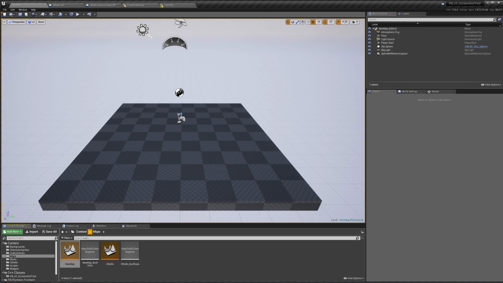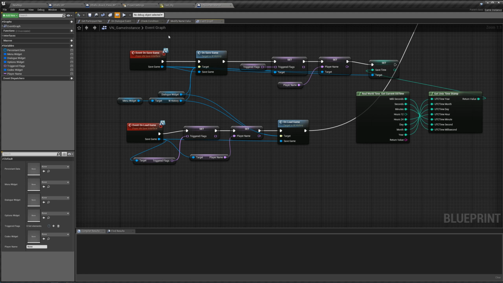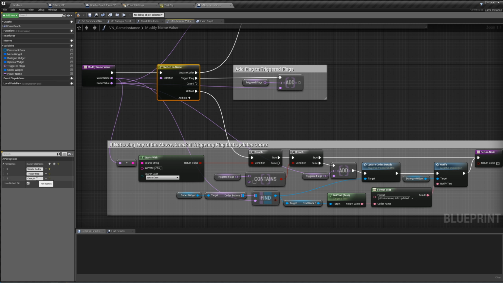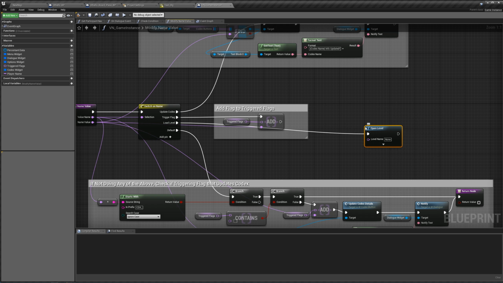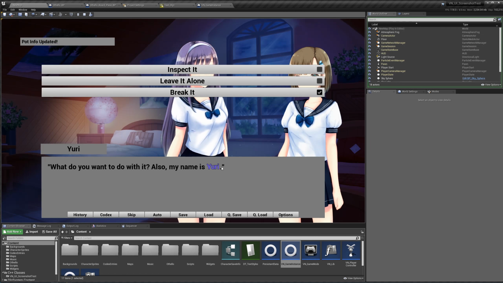So if we save this and then go back to our maps for our new map where we actually have our visual novel, and then in our content browser in our game instance where we do our modify name value, let's add a pin for our load level. Off this load level, we're going to call open level, and the level name is going to be our name value we passed in. So if we compile, save, and hit play, we start,